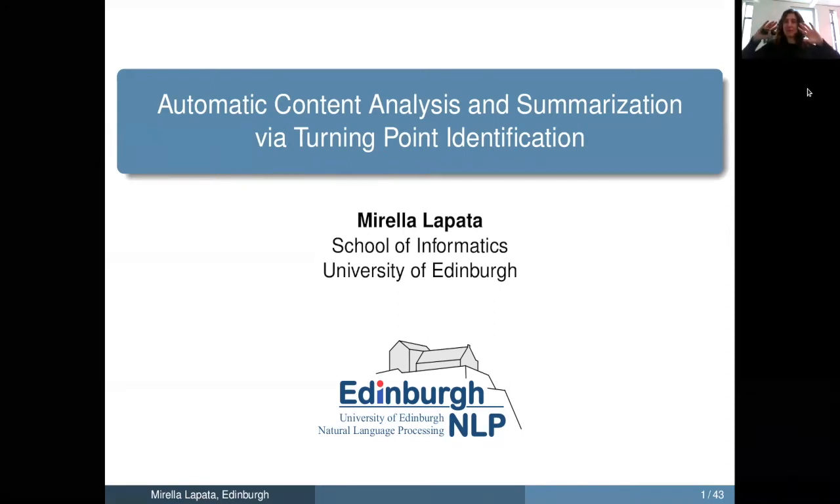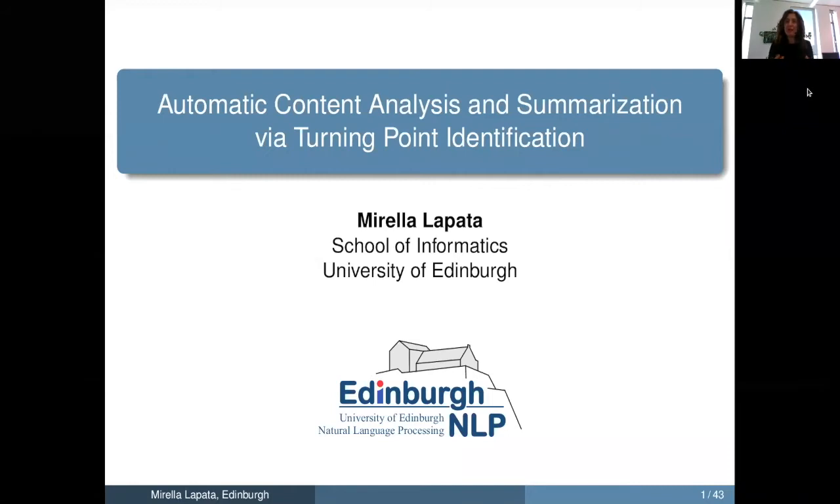So first I'm going to explain what turning points are. Then I'm going to show how you can use them to do this automatic movie analysis. And then the third part is how to use these turning points to actually do a task such as summarizing movies. And the last bit will be on actual video, not so much the screenplay, well, the screenplay as well,